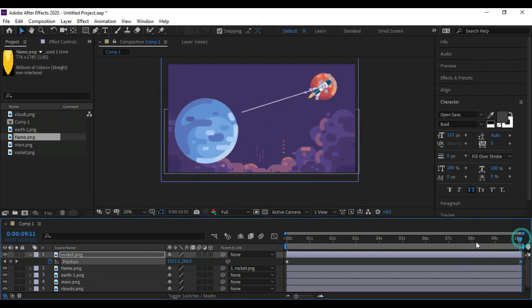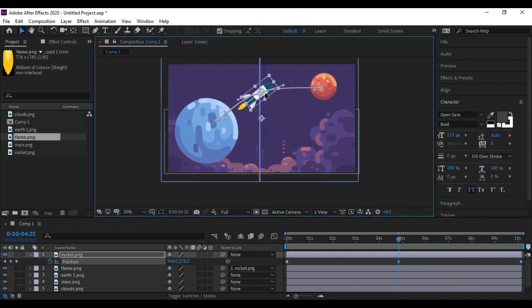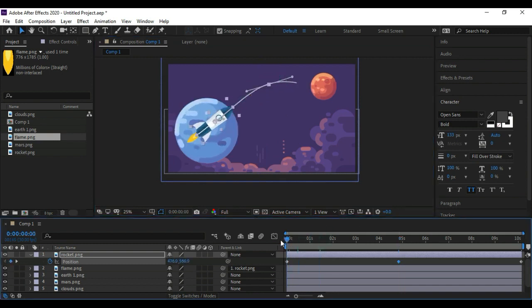Now what I want you to do is this, we are going to add a curve, so it will look better now. Okay, now that's good. So we have added a curve, and you can see it is not looking that good. So we will add a